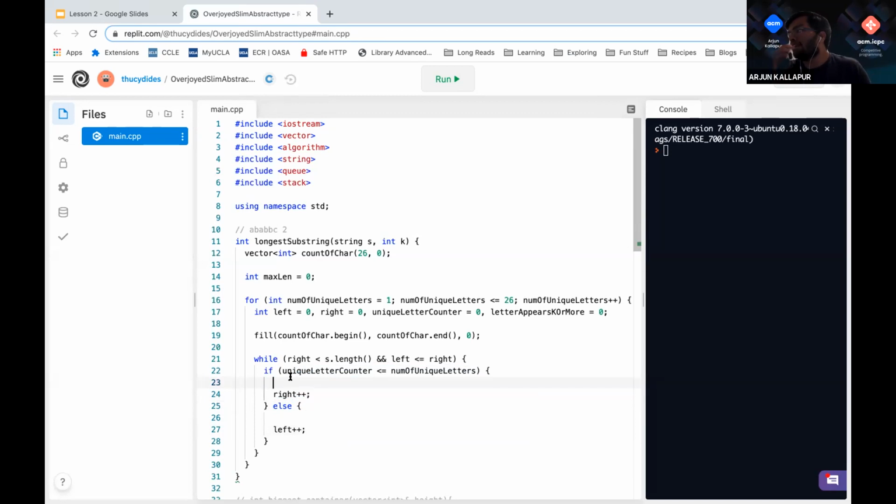Okay, so when I do want to expand my window, before I just start expanding, I want to do some checks. First of all, we want to get the current letter and increment its count in count of char. If I have a character, a lowercase letter, like a lowercase a or lowercase b, and I want to get its index in the alphabet, what you can do is subtract the character a from it. So it's going to look something like this: int index is equal to the string sub right